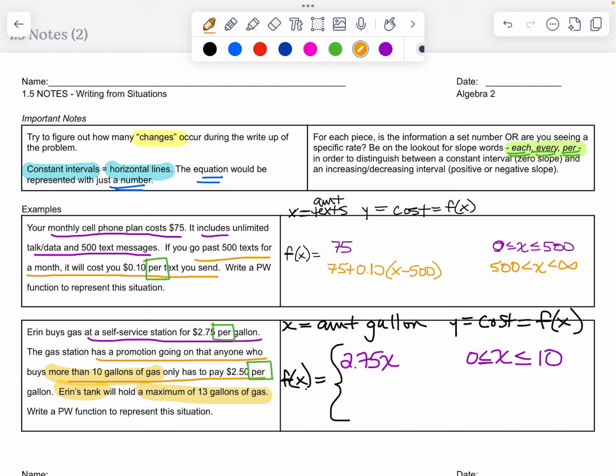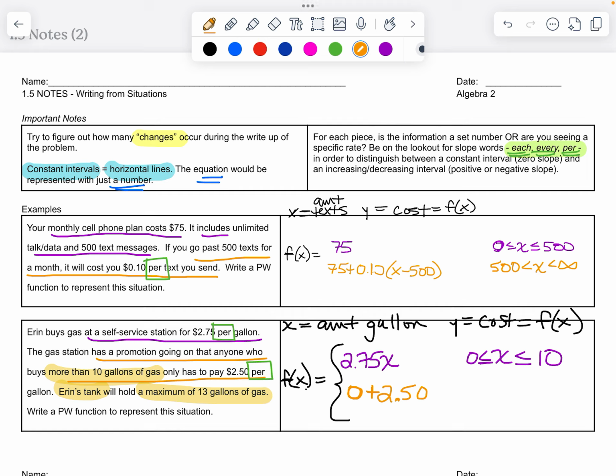But the way that I'm reading this is that the 2.50 is in play the moment we go past 10 gallons. So with that being said, I think the second part is a little bit different than the second part in the previous example, the way that I'm reading it. And I say that because I think it's going to start off, again, we have to take into account that it's going to hit past 10. So I have 2.50,